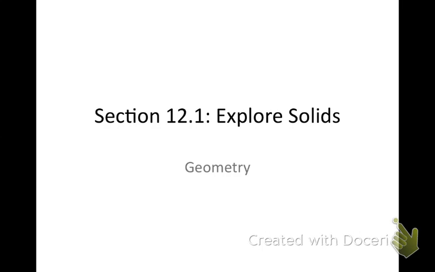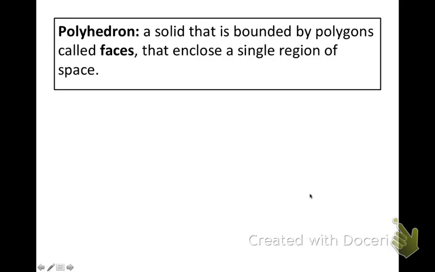If we can fly right through this and then move on to 12.2. So we got a bunch of definitions. First definition I want you to write down is that of a polyhedron. And a polyhedron is a solid